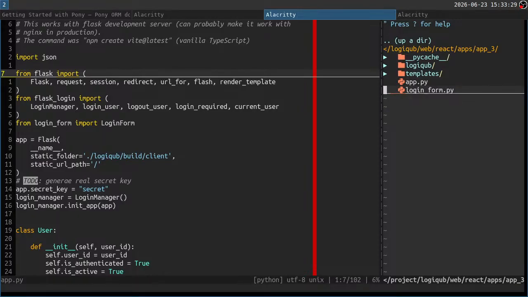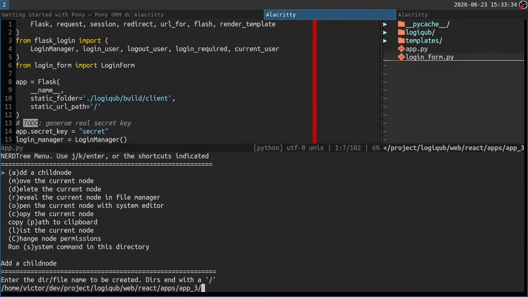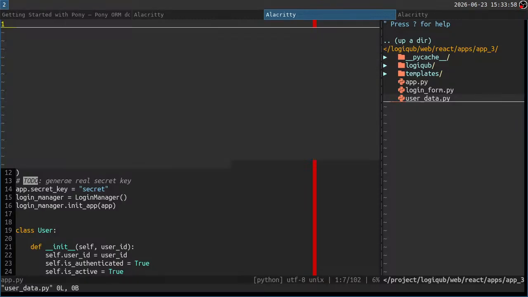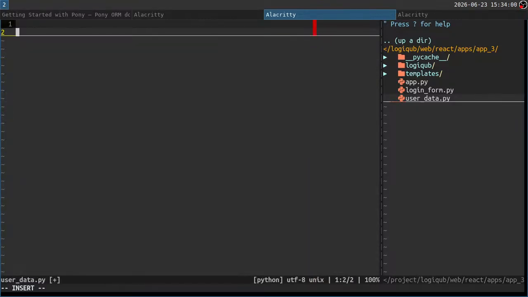I want all the database code to be elsewhere for start, so let's call it like this, and then